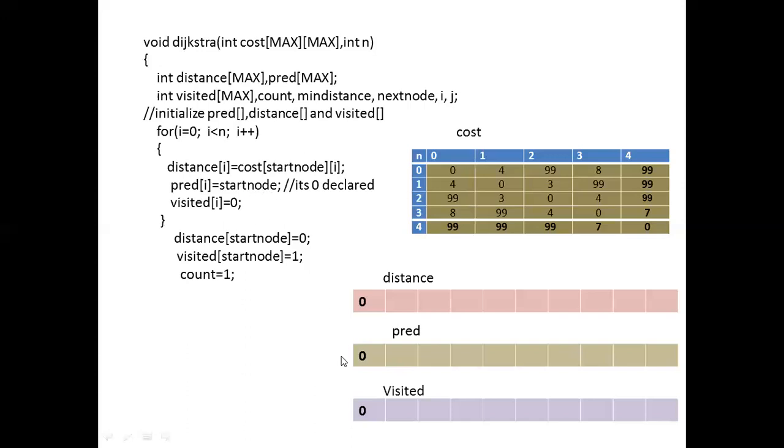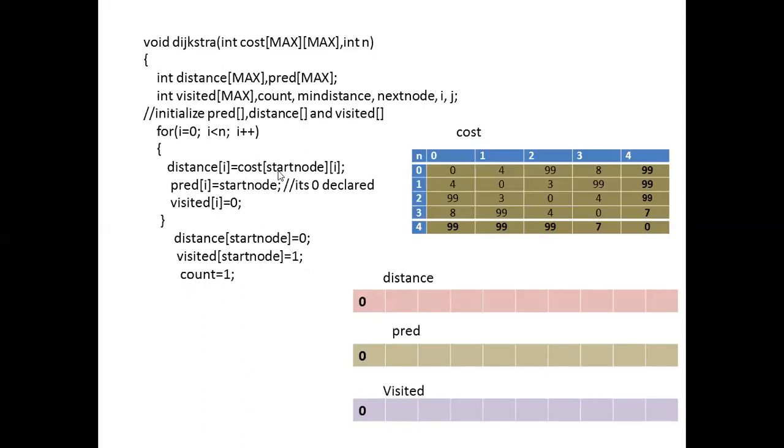So after assigning these values to these memory locations, where will the controller go? It will come back to the increment of the for loop. Now we can observe in the increment of the for loop, the i value will be incremented. Then the value of i will become 1. 1 is less than 5. The condition is true. Once the condition is true, once again the controller will enter the for loop.